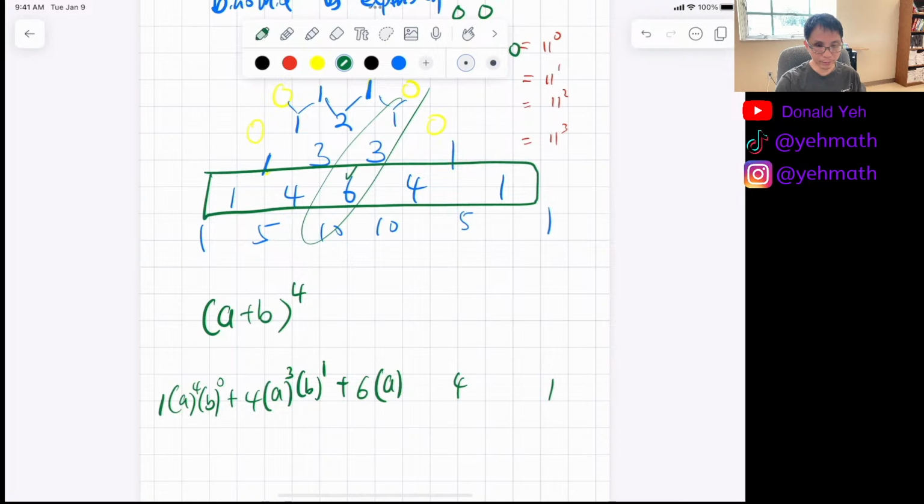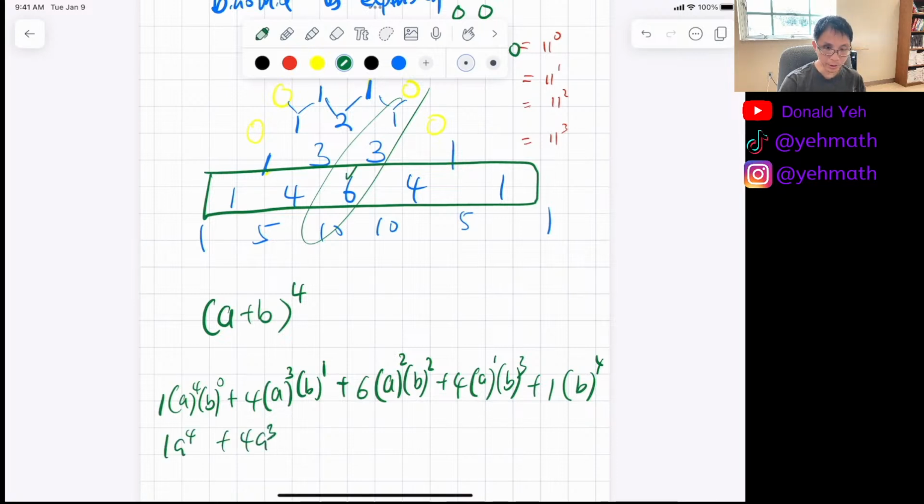Now what's the next one? 2 and 2. And the next one? 1 and 3. And what's the last one? 4. Yeah. So you can say that's 1a to the 4th plus 4a to the 3b plus 6a squared b squared